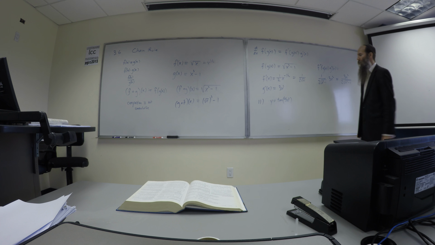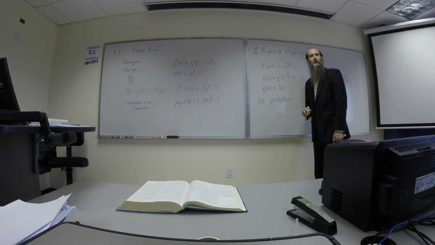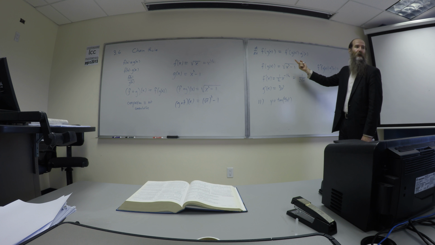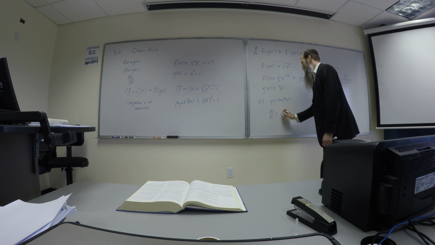Okay? So to take the derivative of this, what we need to do is first take the derivative of tan, right? It's the derivative of outer. The derivative of outer is the first thing you're going to do. So what's the derivative of tan? We talked about it last time. Secant squared. So when I want dy dx here, I need to have a secant squared,